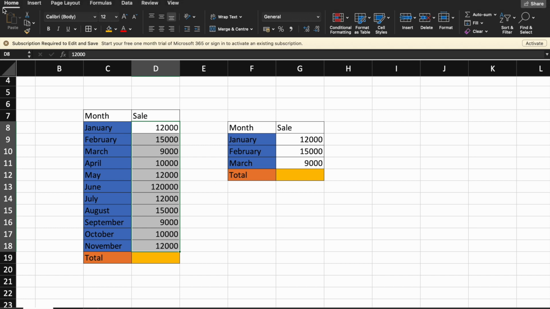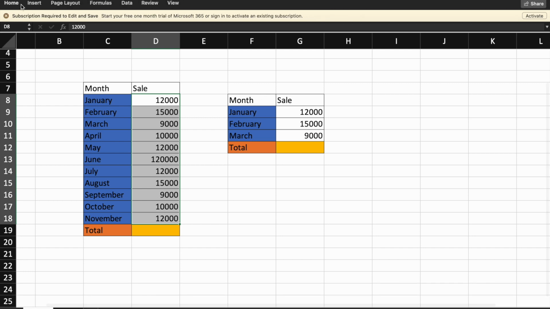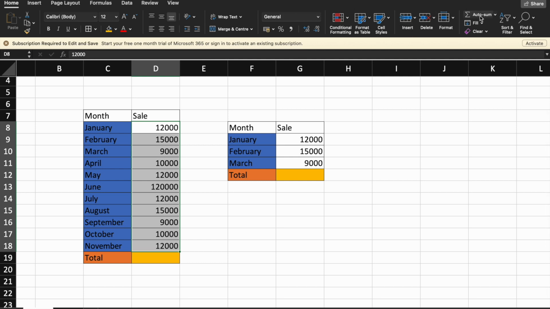here you will see, click on the Home option, and here you will see the AutoSum option. Just click on AutoSum. So here you will see that the total has come. Okay, here the total is 2,36,000. And now if I want to know the sum of the total quarter, January, February and March months sale, total